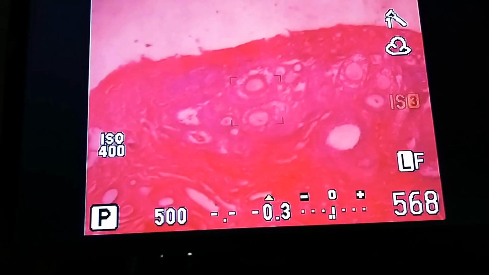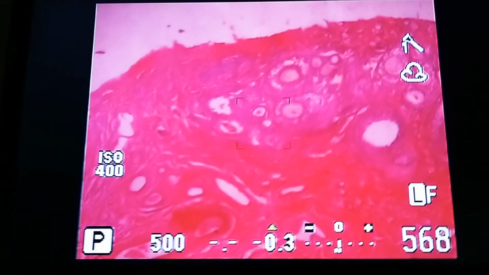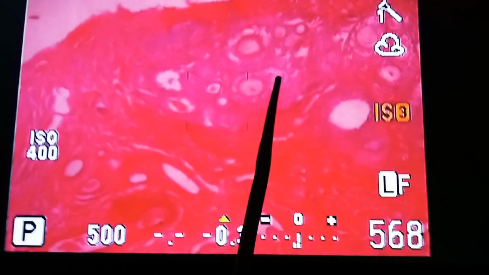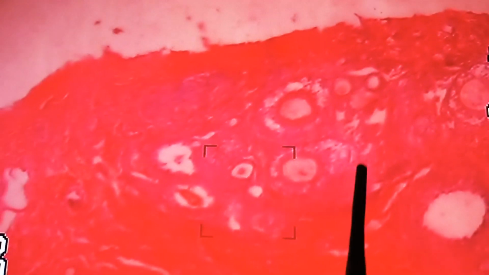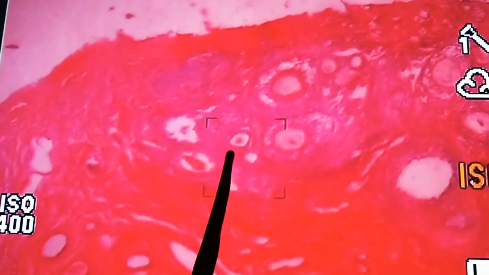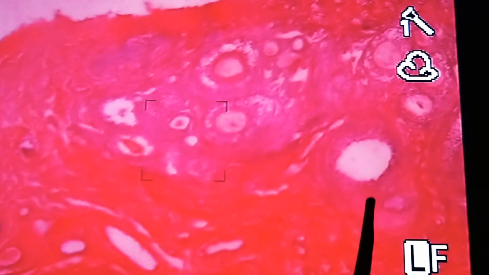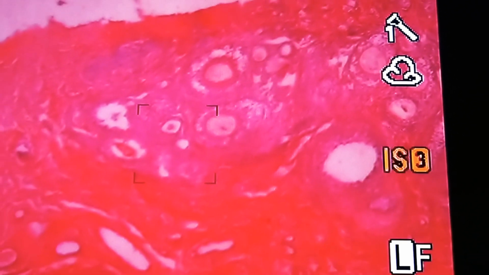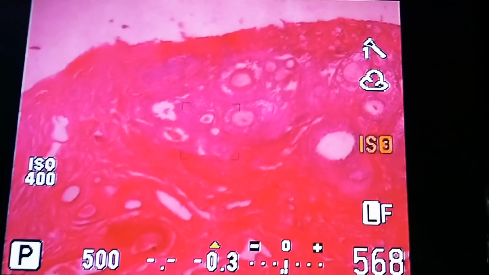Okay, again I'm showing you some more follicles. Notice nicely, so focus here. You see small tiny ones here, primordial follicles, then primary follicles, secondary follicles you can see. Okay, can you notice this? This is a primordial follicle. It's a bit bigger one, but the oocyte is not seen because the cut section might not have fallen on that area.